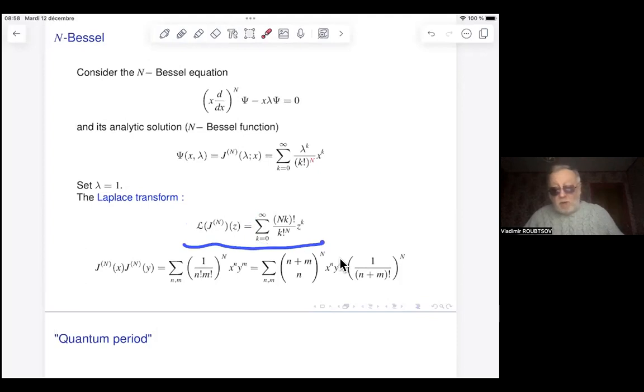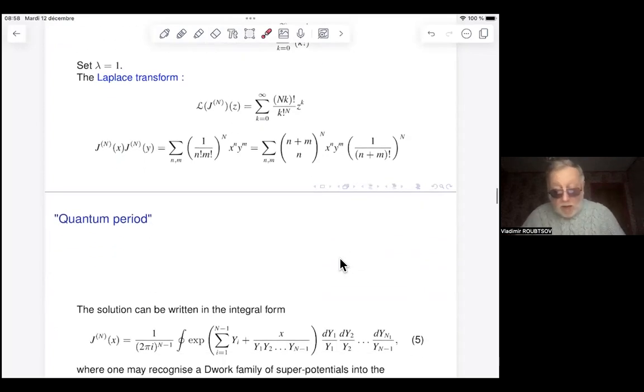This is a very famous and very simple type of series. And then I want to compute the formula for a kernel. It means that I want to present the product of my solutions at different points in integral form. First, I want to present it again in the form of a series in two variables with binomial and factorial coefficients. It is straightforward from this representation. And then I can try